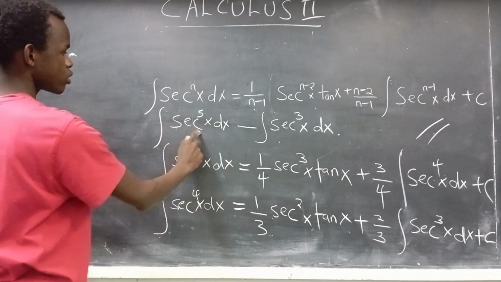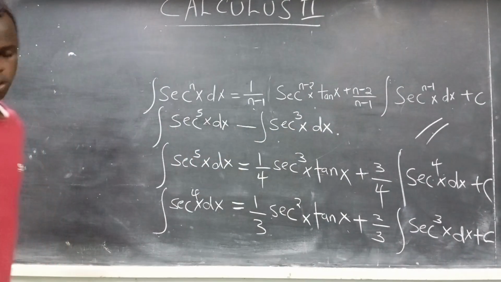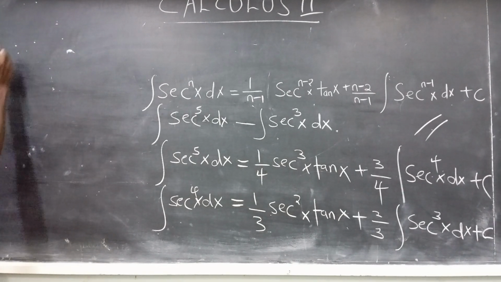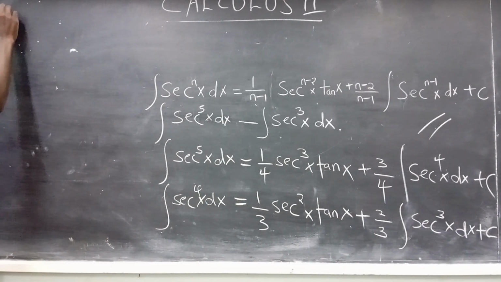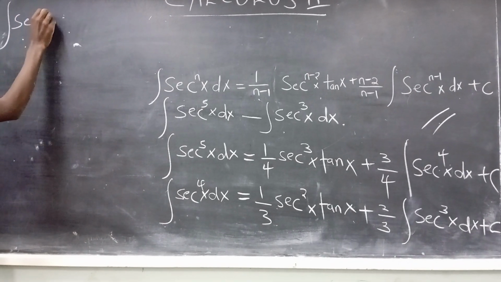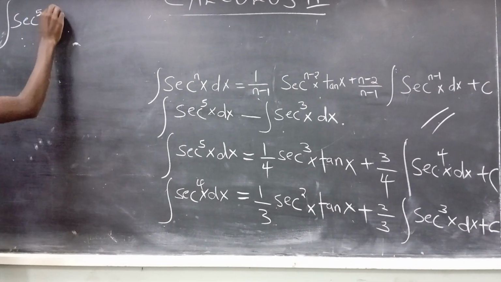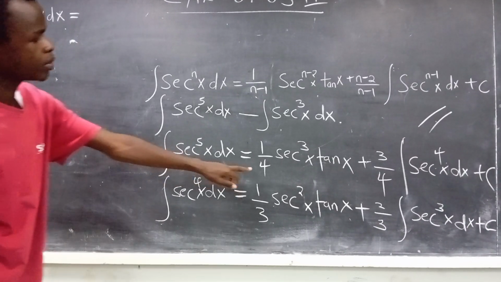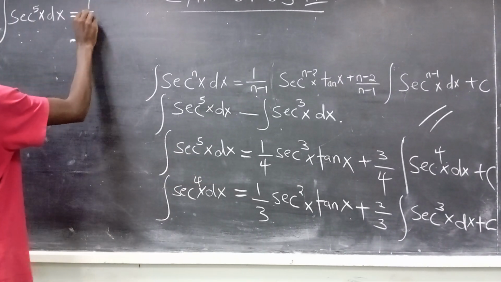Our integral is secant to the 5 minus this integral. So I'll get the integral of secant to the 5 of x dx, my answer to be, I'll start from here, 1 over 4